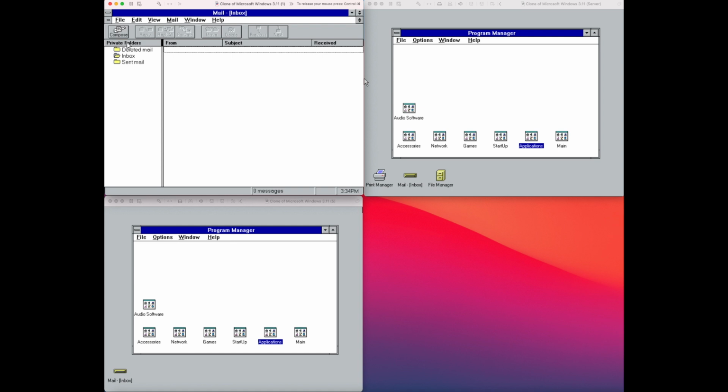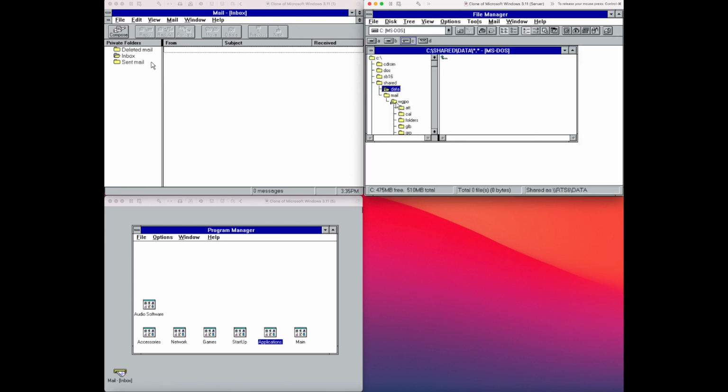So effectively what it's going to do is write that email into the folder structure, and let me show you the folder structure. So here we've got C shared mail, WGPO, Workgroups post office shared out, and that's what we've connected to from the client. Now I've already configured it,